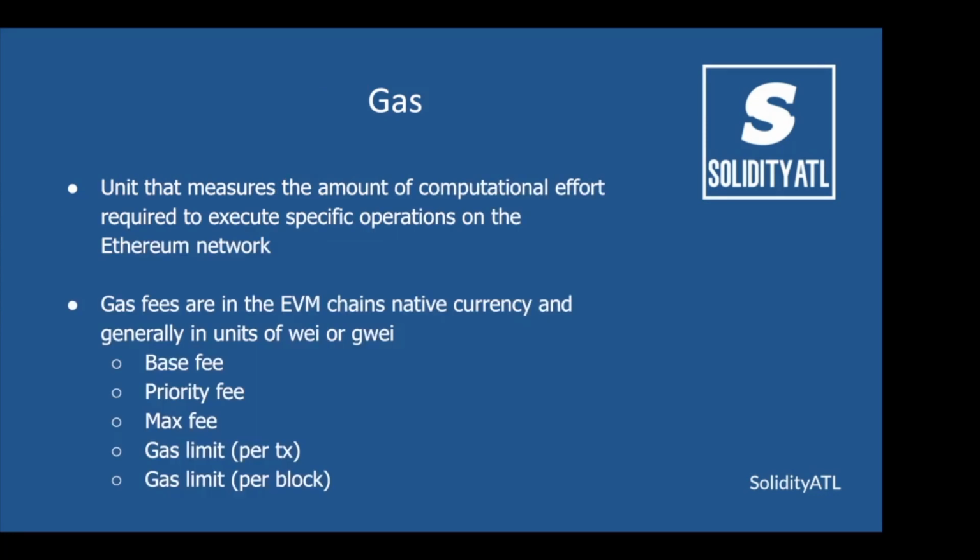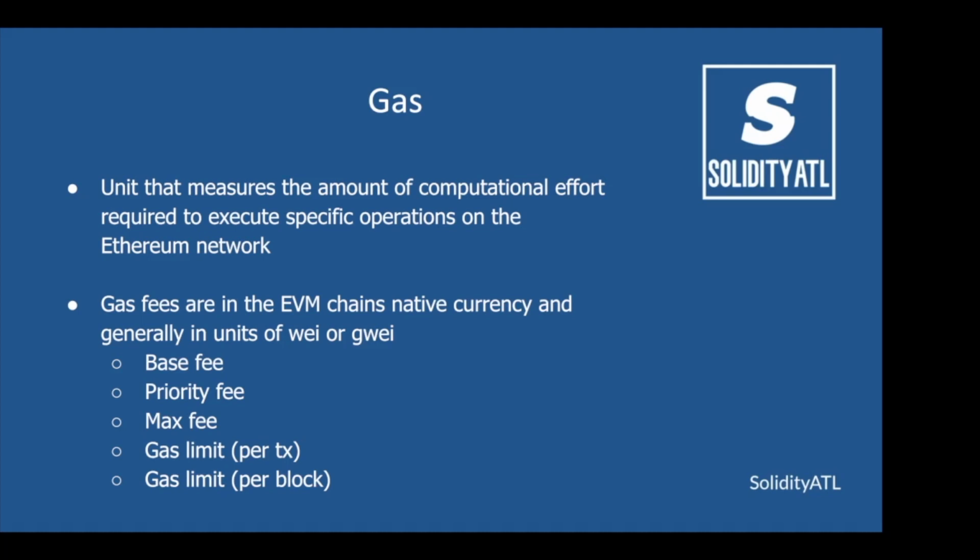Gas is one of the key concepts in both Ethereum and any blockchain system. Gas is the unit of the amount of computational effort required for an operation to be executed. In a Web2 world, whenever you want to execute code, say in a cloud environment like Amazon, Azure, or Google Cloud, you'll often pay a monthly plan, or you can be charged per call, but usually you're charged for the amount of CPU and RAM you're using.